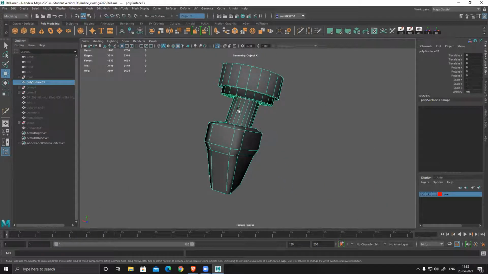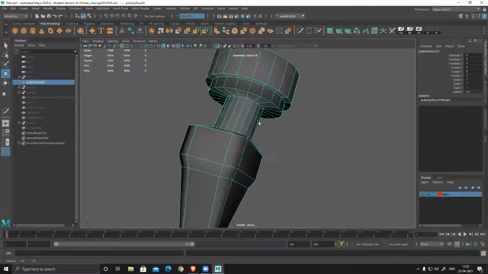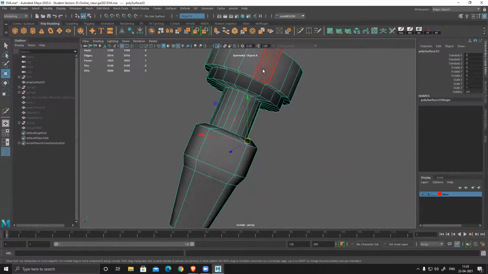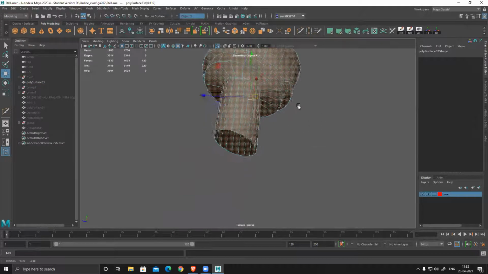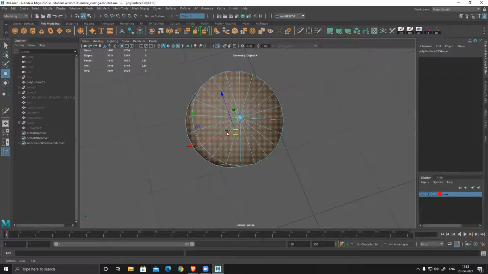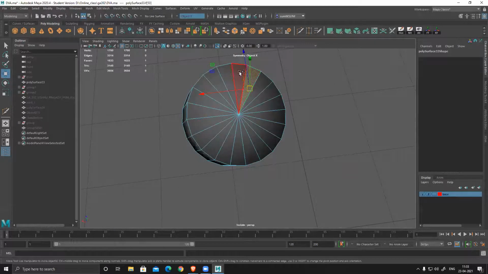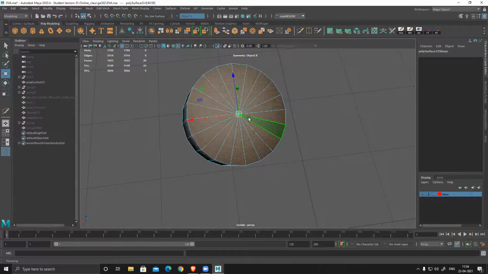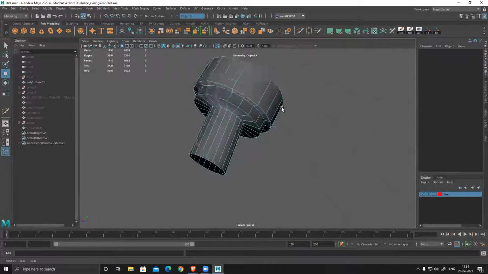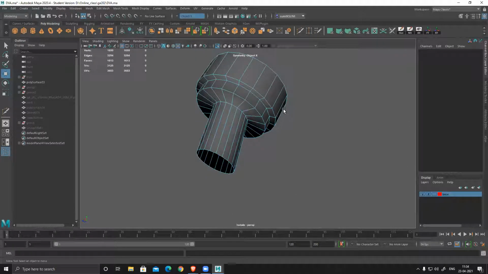And for this also, if I want, I can definitely reduce polygons. Whenever you have something like this, we should optimize it. So select this, control, right click, two faces, and delete this thing, because this part is not visible at all. So there is no point keeping that thing.